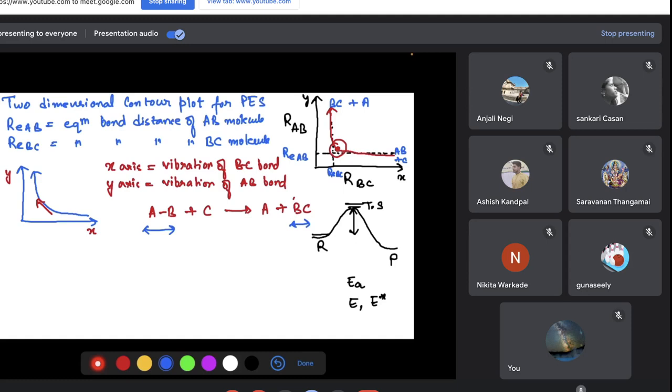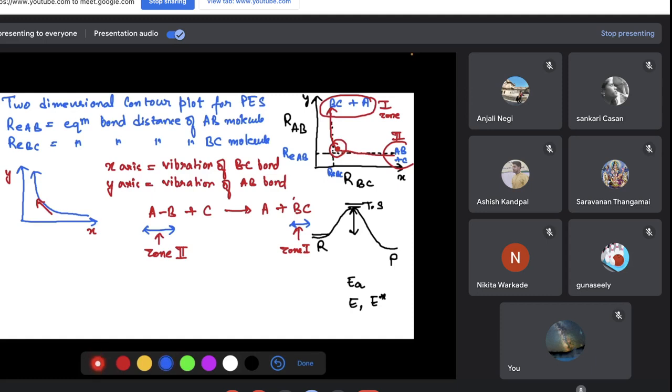If I say that this is my zone 1 and this is my zone 2, correct? Only BC vibration is there in zone 1, and only AB vibration is there in zone 2. But near the transition state area, that is near this region,